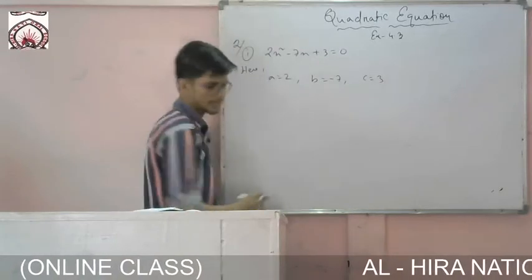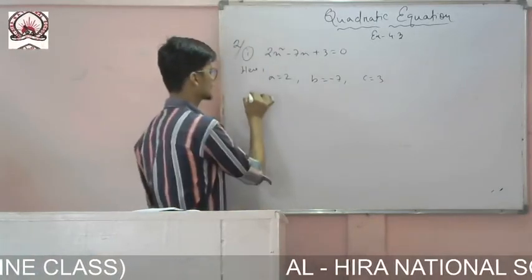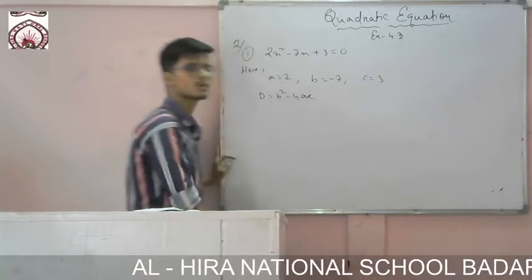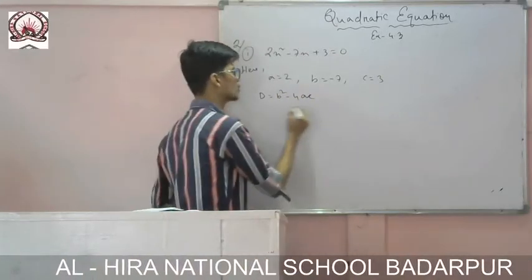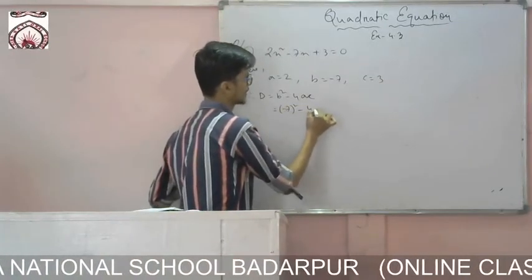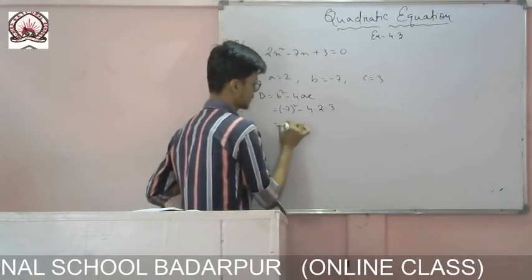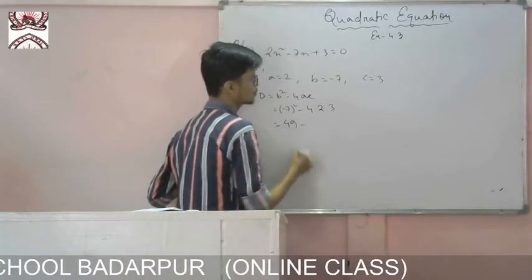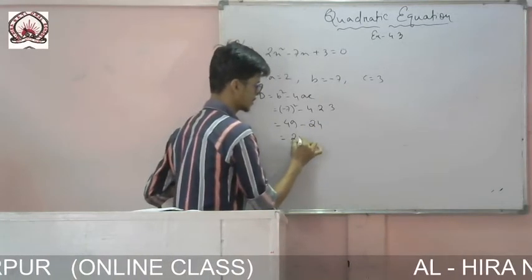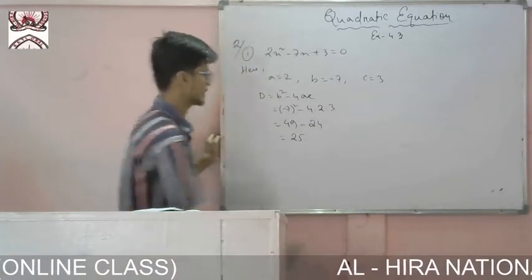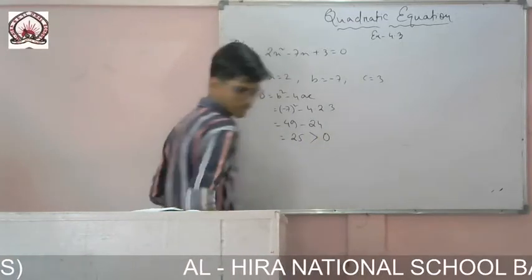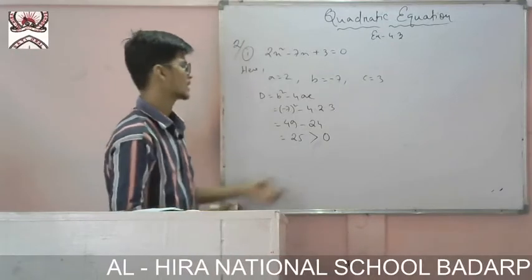Now I will find the discriminant, that is D. Therefore D equals b square minus 4ac. Let me put the values: b square, that is minus 7 square, minus 4ac. So 7 square is 49, minus 4 2s are 8, and 8 3s are 24, so it will come 25. 25 is greater than 0,